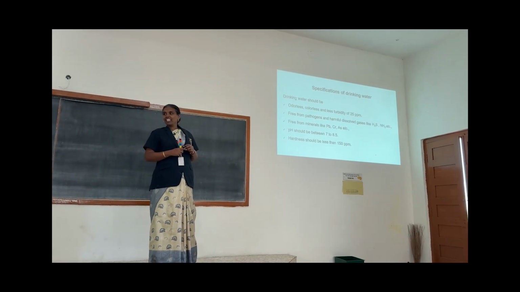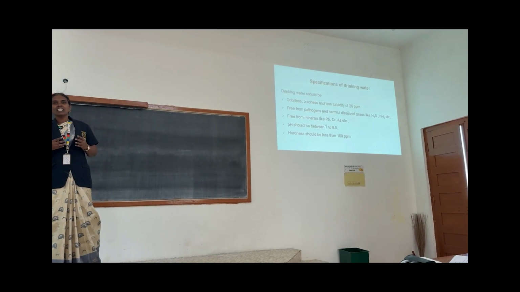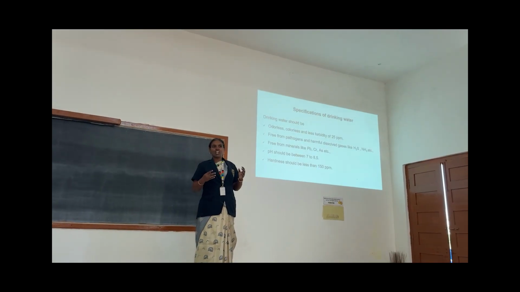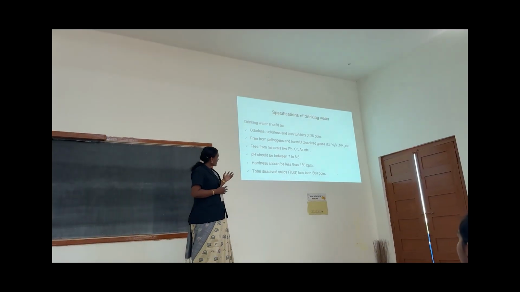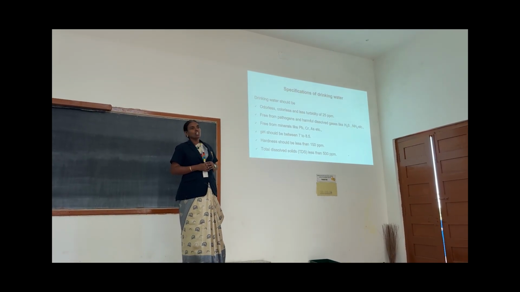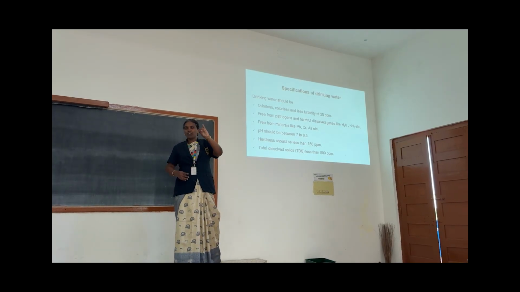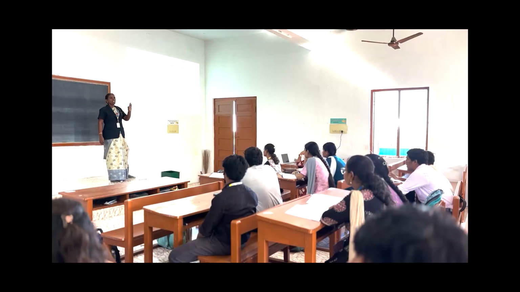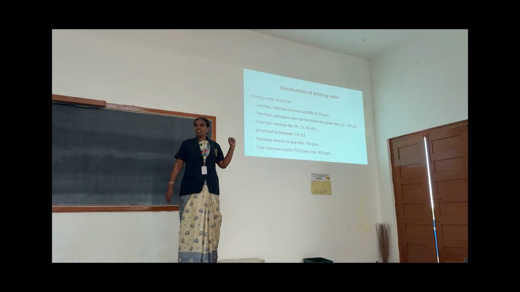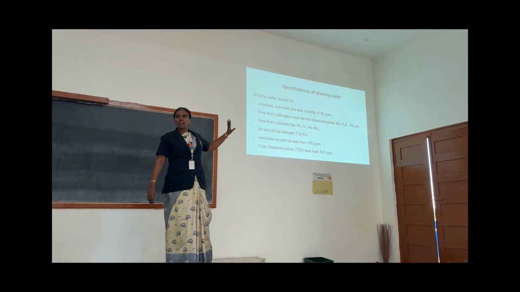Next, hardness should be less than 150 ppm. Hardness means you know, isn't it? What are the hardness causing ions? Say some example of hardness causing ions. Ca2+ ions as well as Mg2+ ions. Next one is total TDS, that is total dissolved salts. That has to be less than 500 ppm. This is a 2-mark question. Among this, you have to write at least 5 points. That is free from pathogens, free from minerals, pH should be 7 to 8.5, odorless, colorless. Then the hardness should be less than 150 ppm. Likewise, it has to be there. Is it clear for all? This 2-mark question is over.